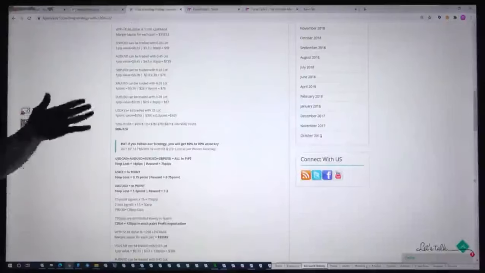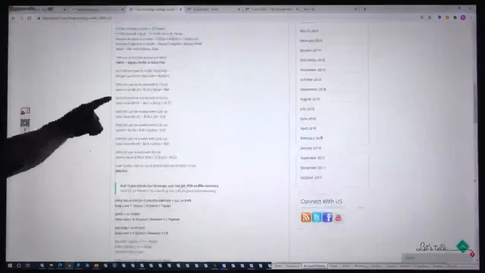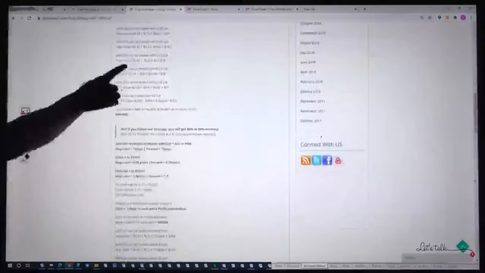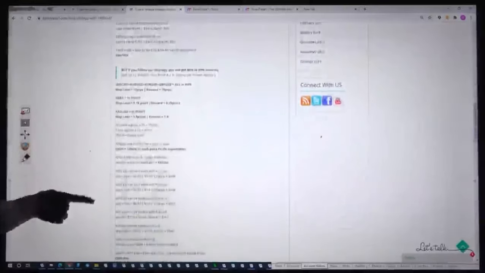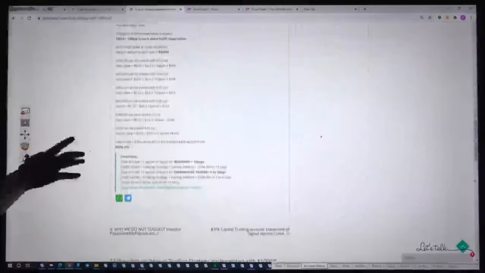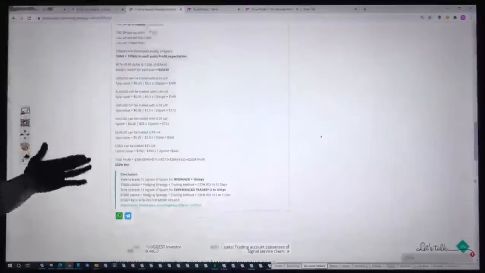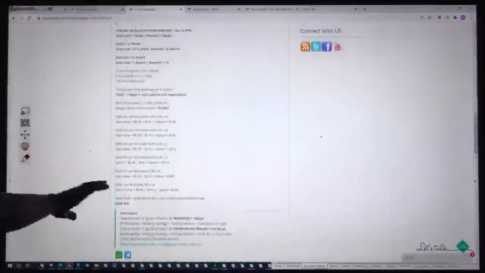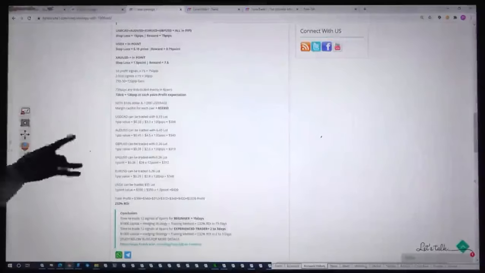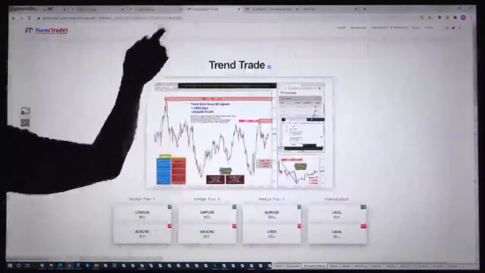Lot size, you can see we have also given, pip value including lot size. As you know, all of our explanations are based on mathematics and statistics, so we have explained this hedging strategy through mathematics and statistics. You will find how much profit you can gain using this strategy, and the complete explanation is given. The same link you will find in the description below.